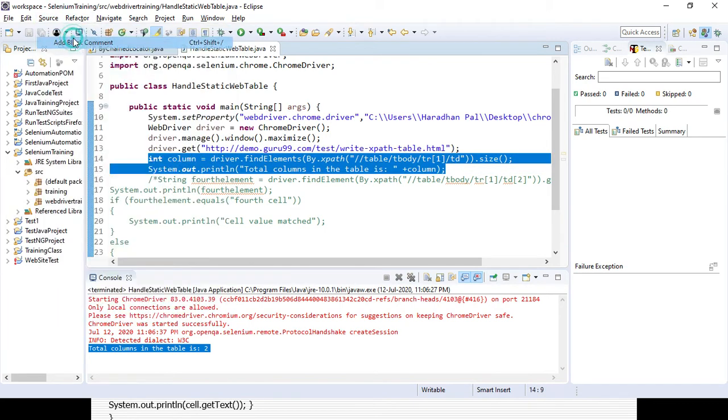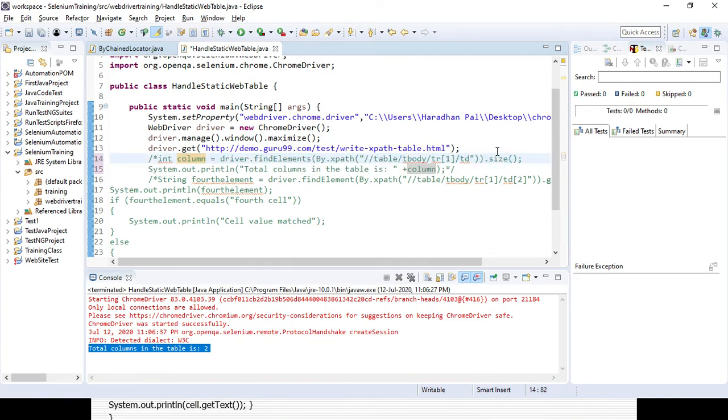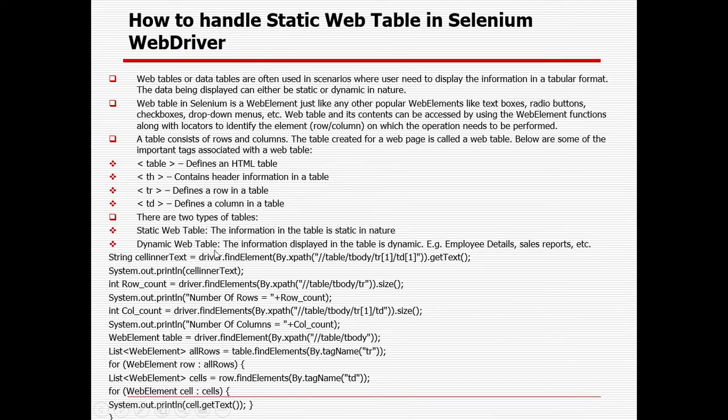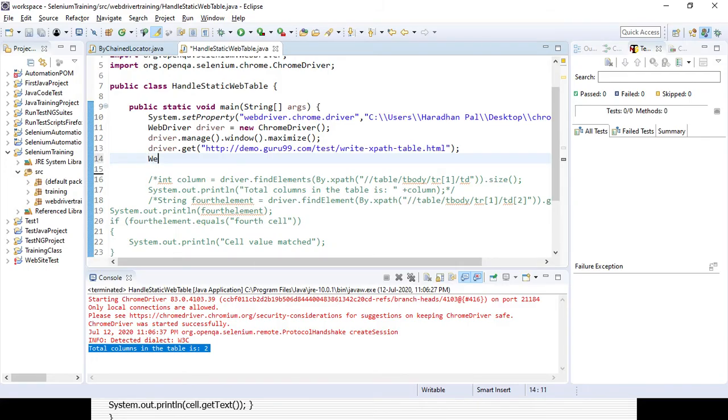Okay, then if you want to print all the values in a single shot, all the rows and column values, how can you do it? So here first you need to identify the table. Okay, so you need to create a WebElement, element table.